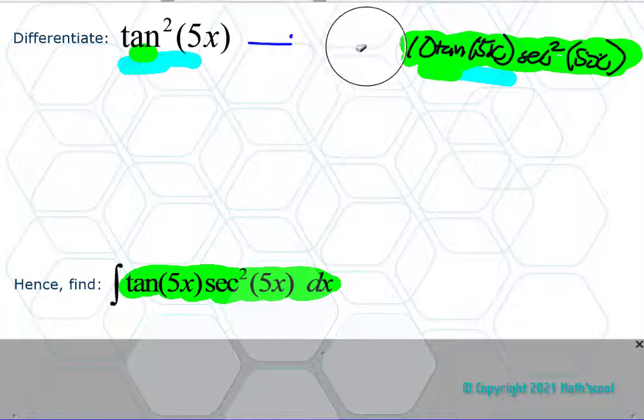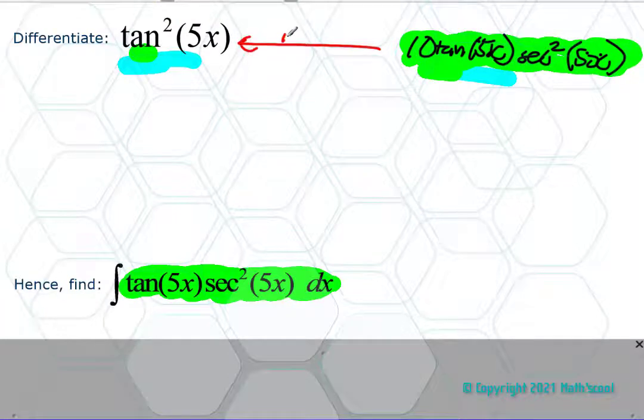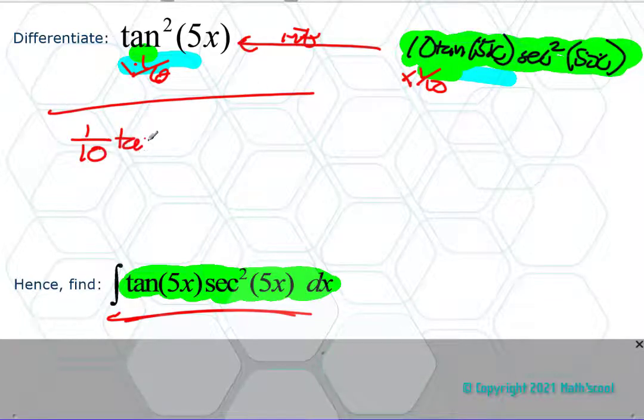So let's just rub that arrow out, change it to point the other way, and say if you integrate 10 tan 5x sec squared 5x, it will take you back to tan squared 5x. We want to integrate this, which doesn't have the 10 in front of it, so times a tenth. And so the answer is going to be a tenth tan squared 5x